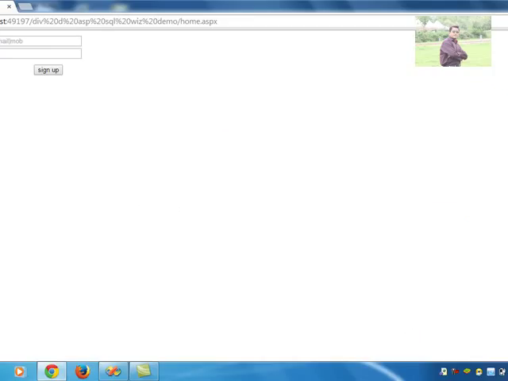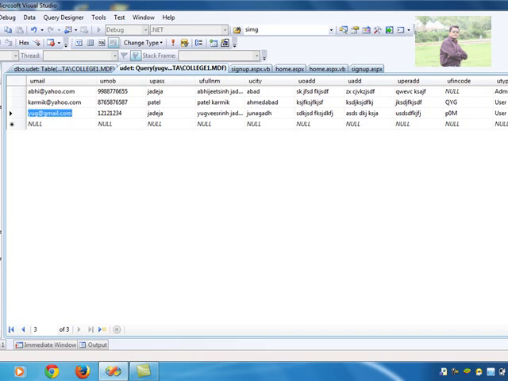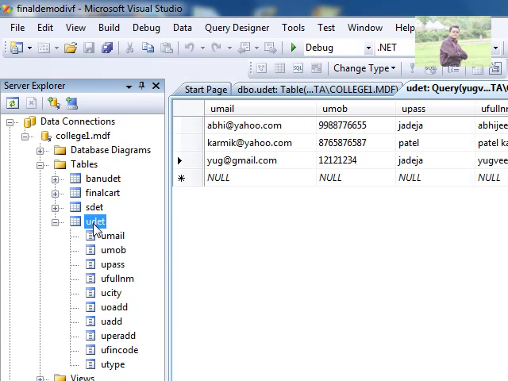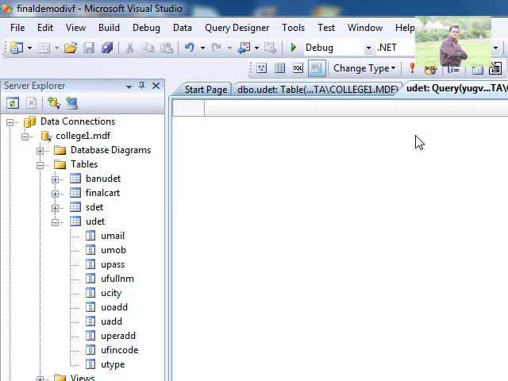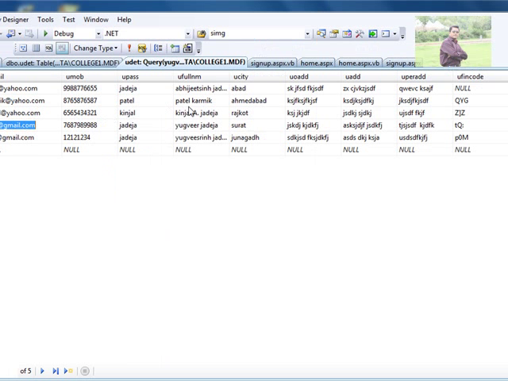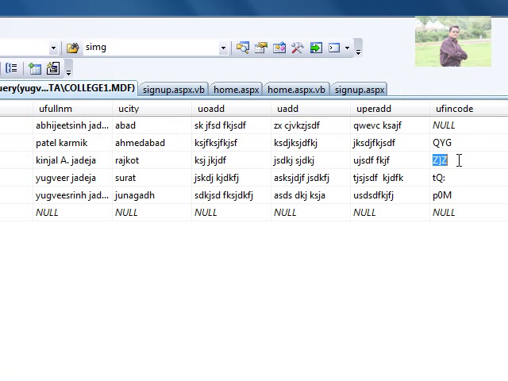Now let us understand how it works, because it is very important for all of us. We close, stop and take a look at it. I click show table data. Yes, previously it was Abhi Karmik. Now I am entering Kinjal as well as veer@gmail.com. All the record is there, and please observe that Z square bracket over Z,